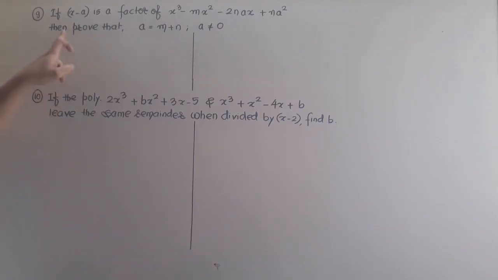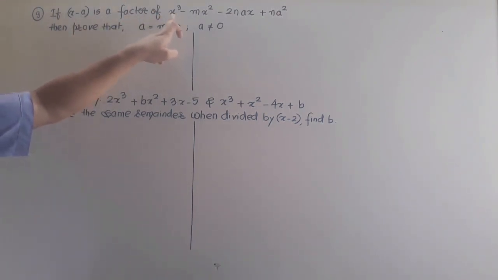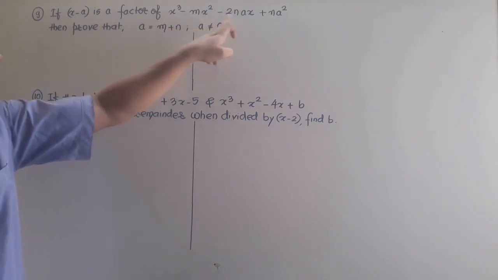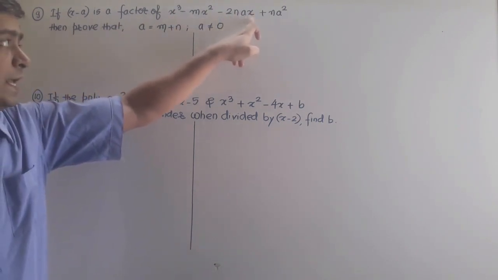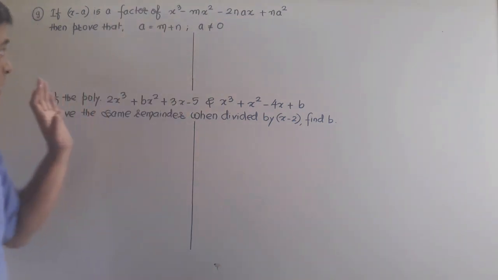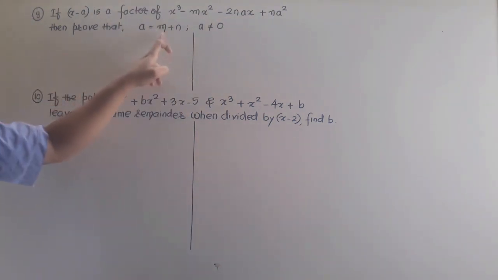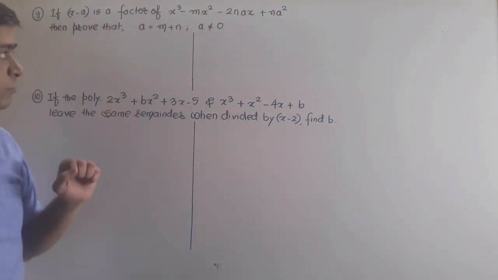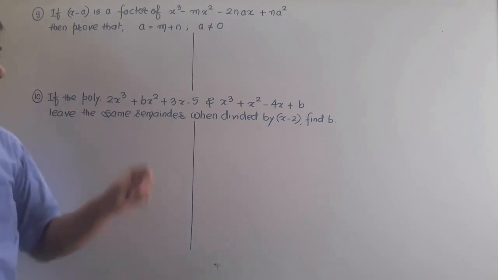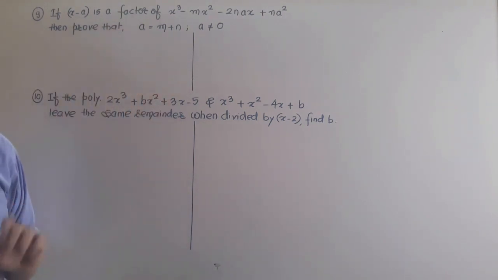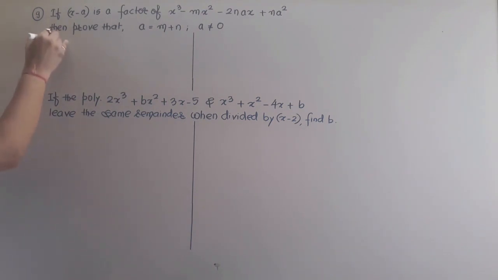Now let us see the 9th question. In the 9th question we are given that x minus a is a factor of x cube minus mx square minus 2nax plus na square. Then you have to prove that this equation is right. Now see, we will apply the same fundamental and see how we can bring out the required things. First of all, I will suppose this one as p of x is equal to